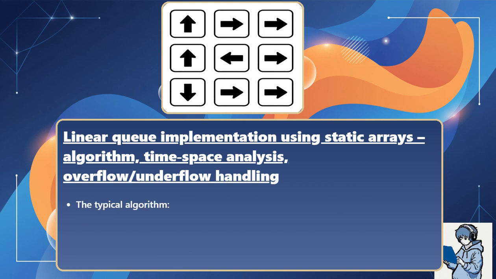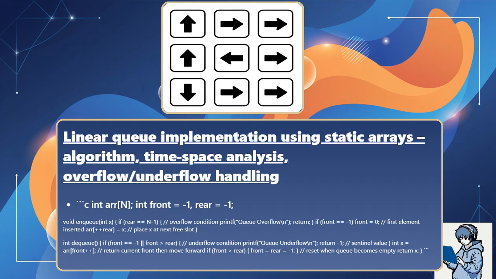The typical algorithm: int q[n]; int front = -1, rear = -1; void enq(int x) { if (rear == n-1) { overflow condition: print "Q overflow\n"; return; } if (front == -1) front = 0; // first element inserted q[++rear] = x; // place x at next free slot }